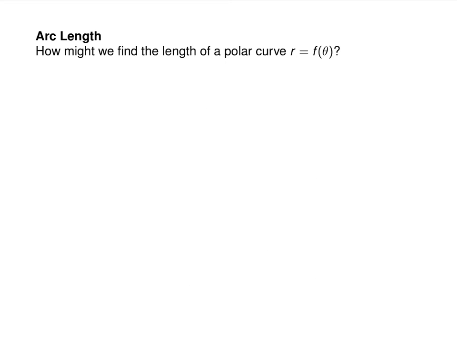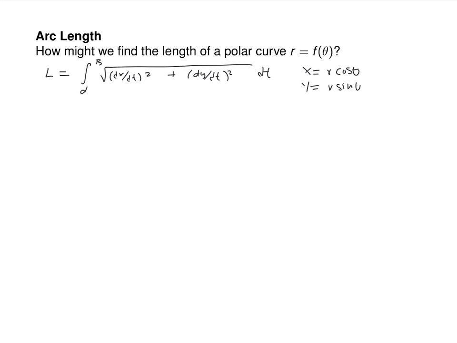And the final topic we'll discuss for polar curves is how might you find the length? Well, the length of a parameterized curve we found was the integral from alpha to beta of the square root of (dx/dt) squared plus (dy/dt) squared, dt. And in the case of polar curves, we have x equals r cosine of theta and y equals r sine of theta. So we are going to use that parameterization,